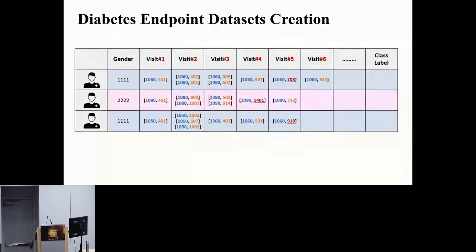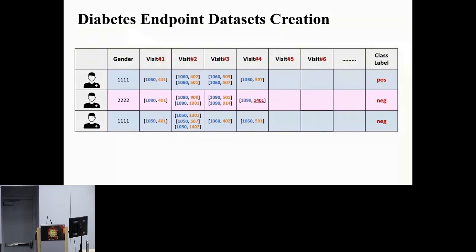To create a binary class dataset for each endpoint, we first extract the required endpoint from the EHR record to serve as the positive class label for the classification task. In order to avoid data leakage, all visits starting from the hospital visit in which patients were diagnosed with the complication that we are predicting were excluded. Records that do not have the required endpoint are labeled as negative class instances, with the last visit excluded to maintain a consistent prediction of complication-free, no endpoint scenario.